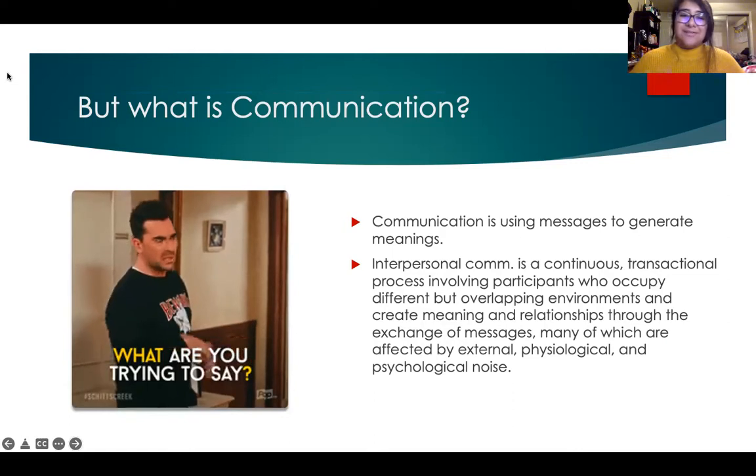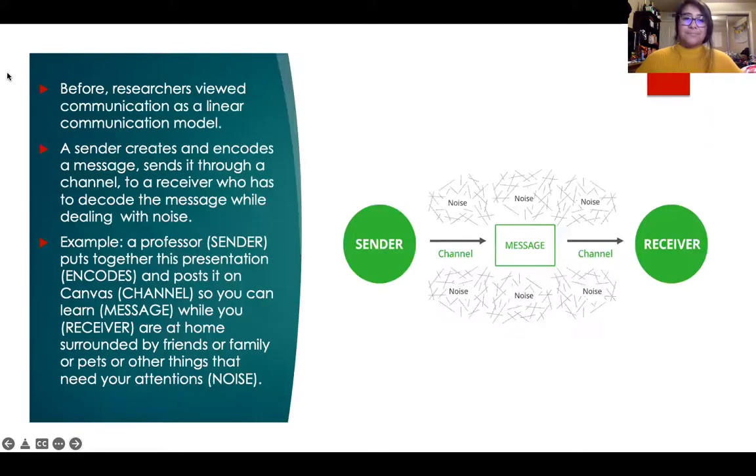But according to the GIF, so what is that? What are you trying to say? What am I trying to tell you all? Before, researchers viewed communication as a very linear model. That meant there was one person, there was two people. One person was trying to send a message to the other person, and there was noise around